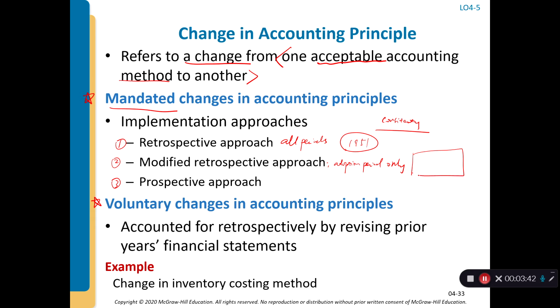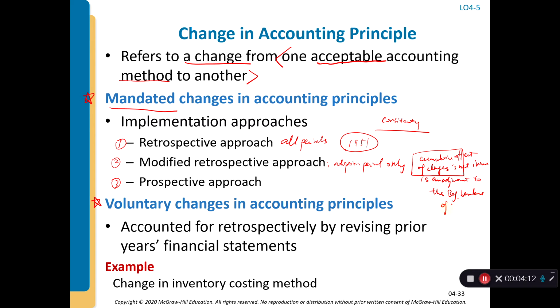Good question. So the cumulative effect of the changes on the prior periods' net income is an adjustment